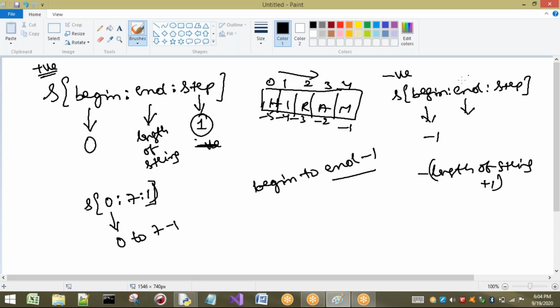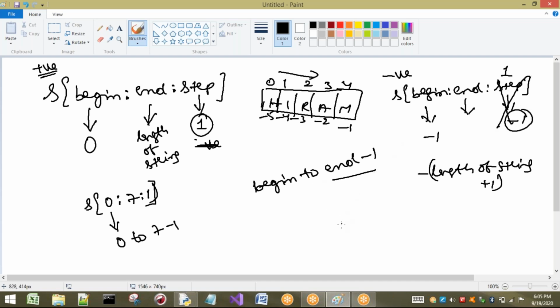Now what about this step? By default it will be minus 1. Sorry, we should not say negative here. If you do not write any step, it is not negative 1, it is by default only 1.